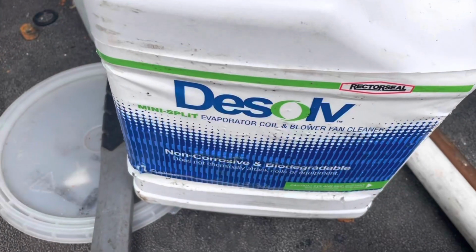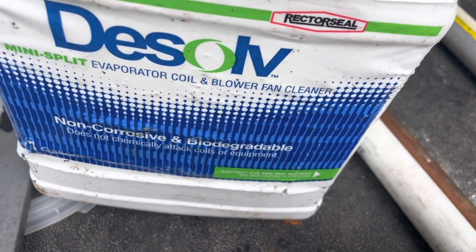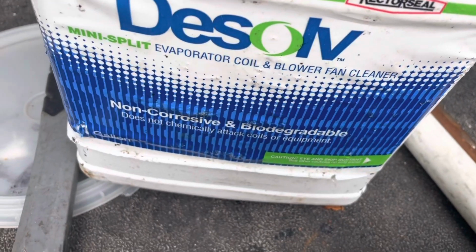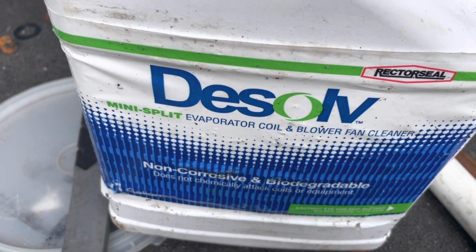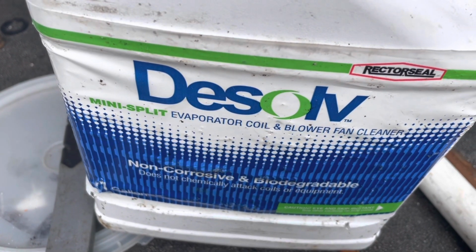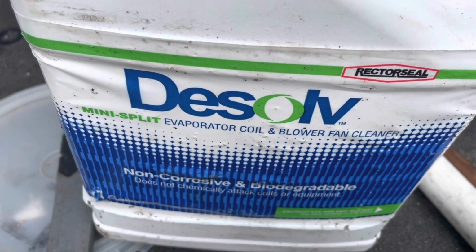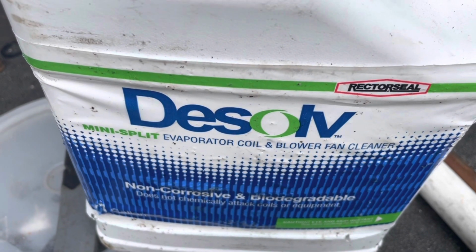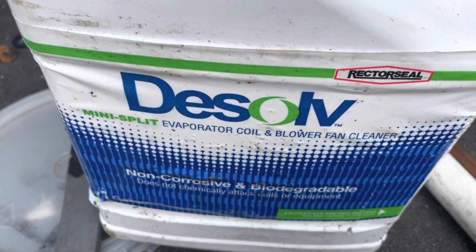I'm going to put this stuff on it. Dissolve mini split evaporator coil and blower fan cleaner. Of course, it's designed for mini splits, but it works really good on built up dirt. So we're going to spray that on there. Then we'll brush it off, maybe hit it with the shop vac too, but we're probably gonna have to do a pull and clean on this. I just want to try to get it freed up so I can at least run it to make sure there's nothing else going on,